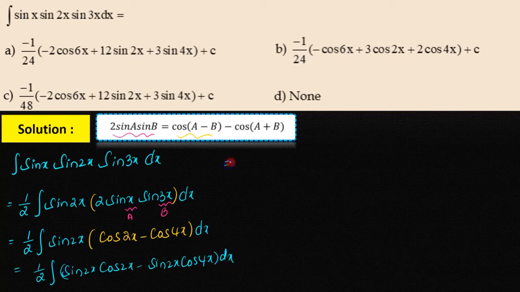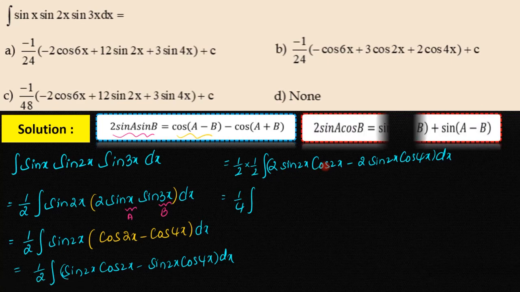into dx. This equals to 1 by 2 into, here multiplying and dividing with 2, we get 1 by 2 into integral 2 sin 2x into cos 2x minus 2 into sin 2x into cos 4x into dx. This equals to 1 by 2 into 1 by 2, 1 by 4 into integral. It is in the form of 2 sin a cos b. Here a is equals to 2x, b is equals to 2x. Now applying this formula here,